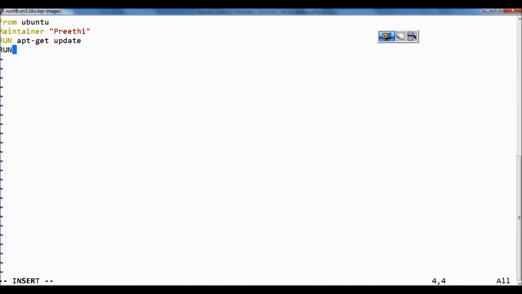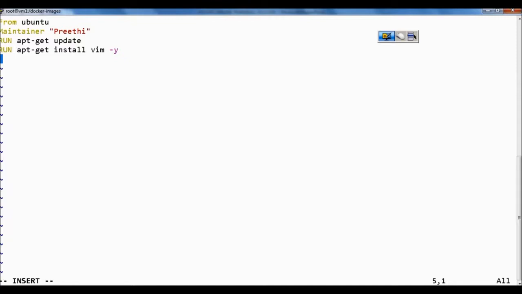Again RUN command, apt-get install vim. So whatever commands we put in the RUN instruction will be executed during the creation or during the build of our image.